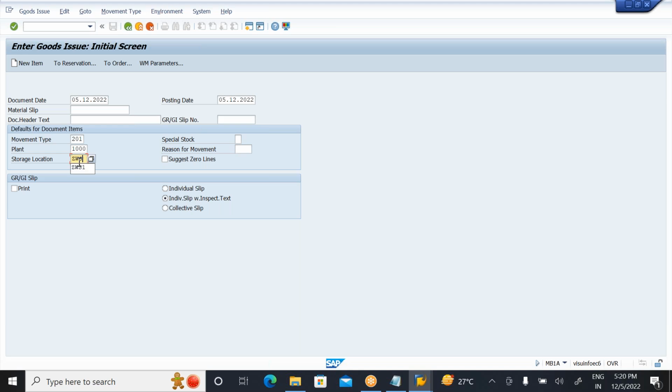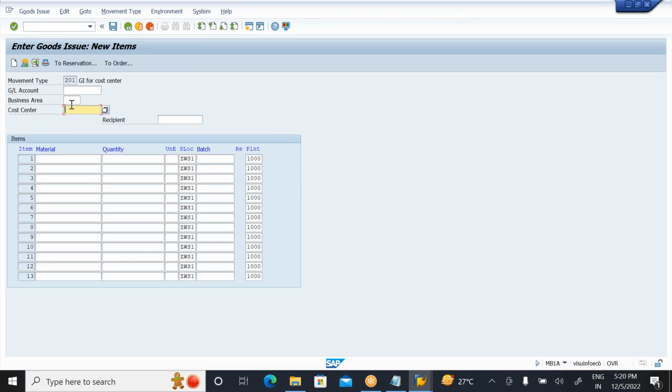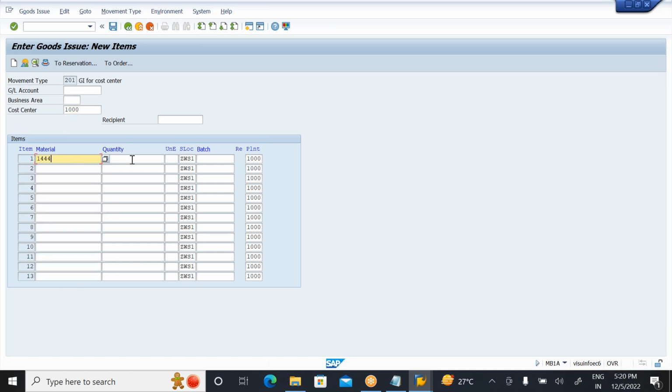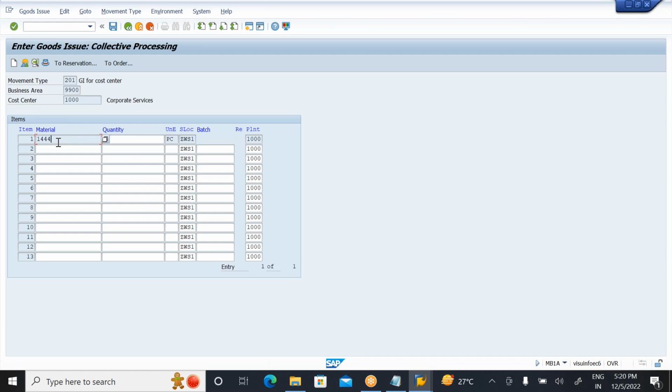ZWS1 storage location here. Enter your storage location ZWS1. I need to click on continue. Which cost center here? 1000 cost center here. And what is your material here? 1444 material. Enter the quantity, some 10 pieces here. So I'm moving 10 pieces here. If you click on save,